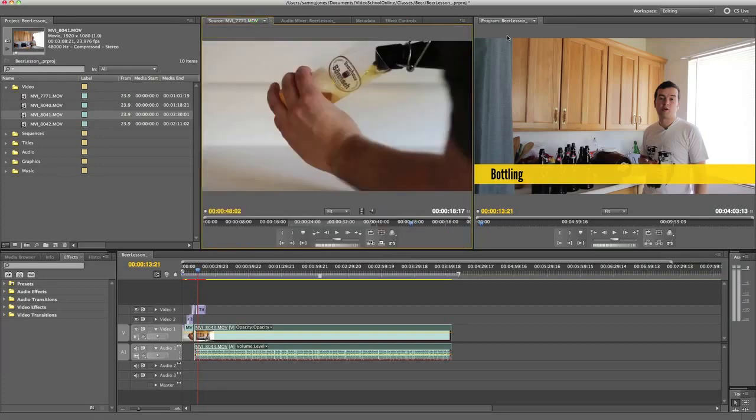If you add any effects, they will show up here, and from this menu or this tab, you can control them. Over here on the right, this is, I guess, your canvas, I would call it. It calls it the program, but I would call it a canvas. And this is where you see whatever's on your timeline. So this is kind of like the final product view. So when you play your timeline,